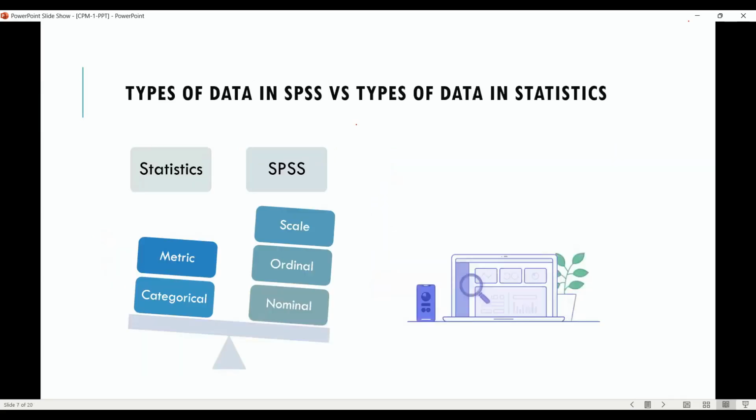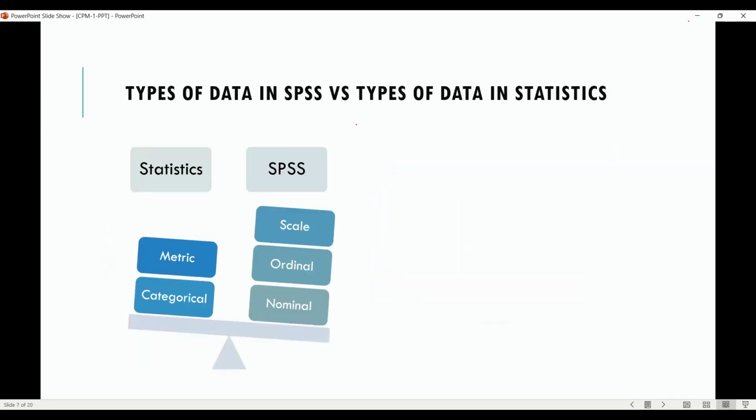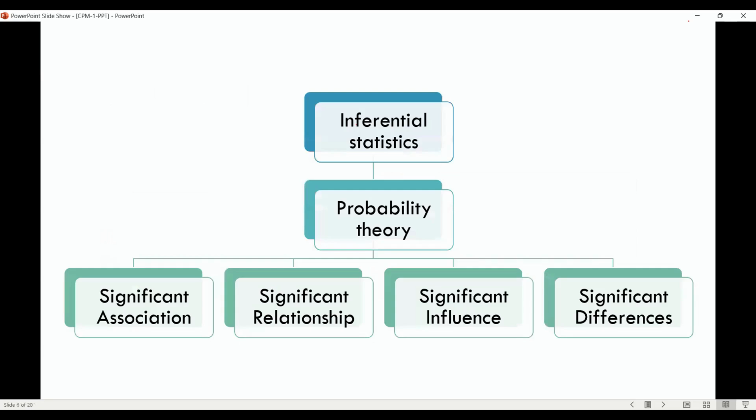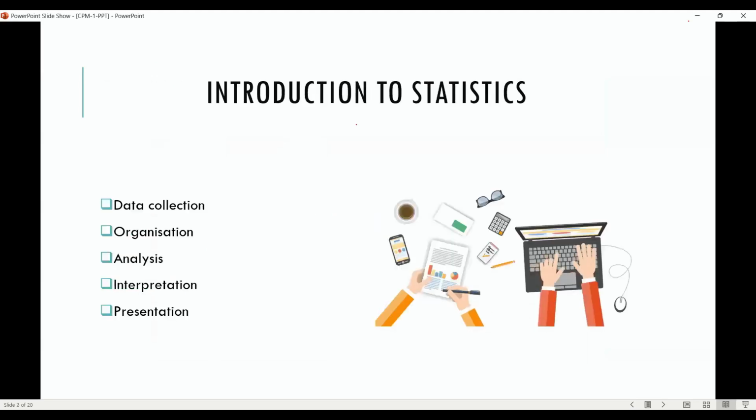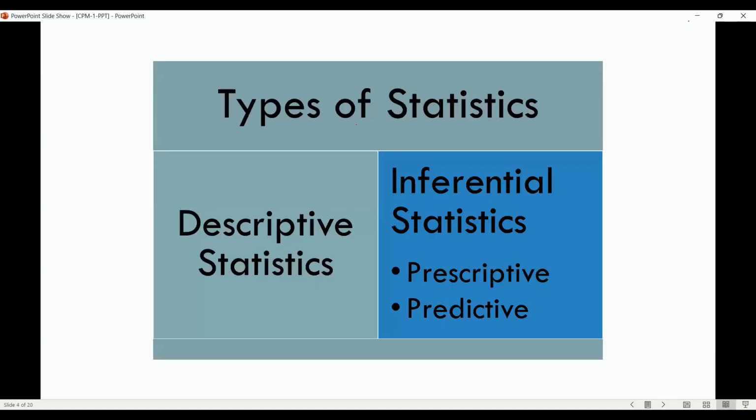If you have understood what I told you in this half an hour, you will be able to employ the right statistical tool for your own data set. So when it comes to data analysis, let me summarize everything I have said right now. Because once you have understood this, getting into the real part of data analysis is very simple. We are doing 90% of the data analysis using these statistical techniques.